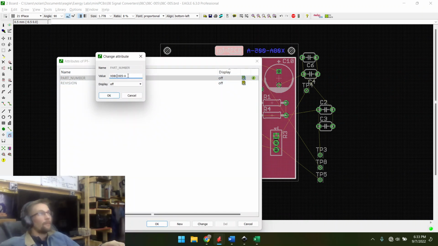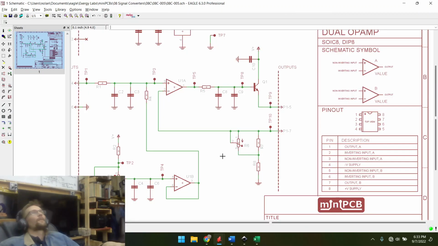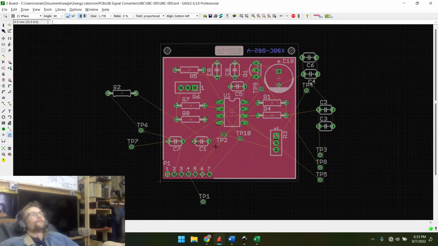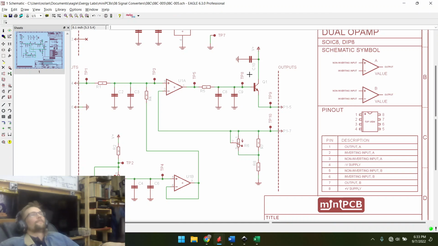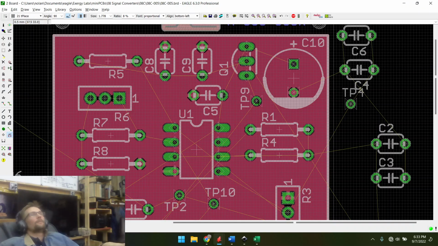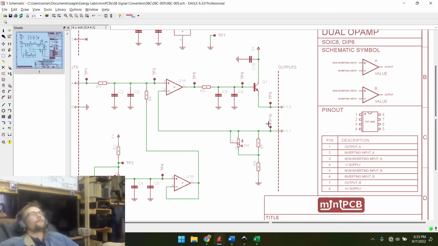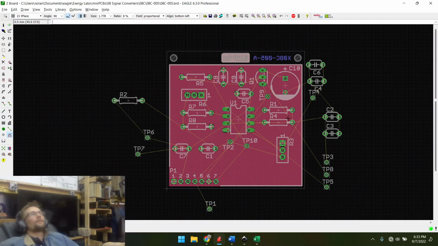Okay. Where was I? Just set that cap there. TP9. TP. Okay, and then that stuff doesn't need to be close to that because it comes down